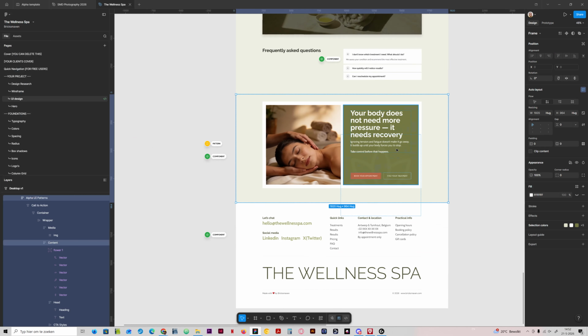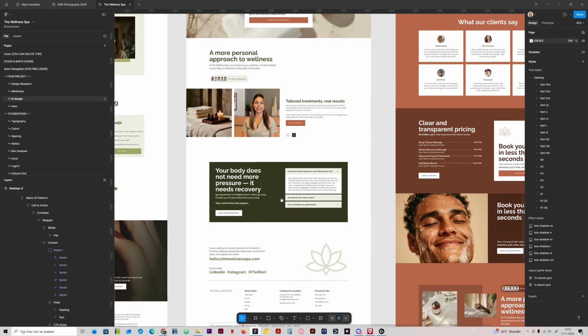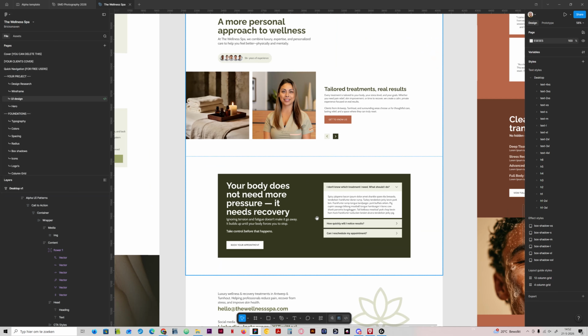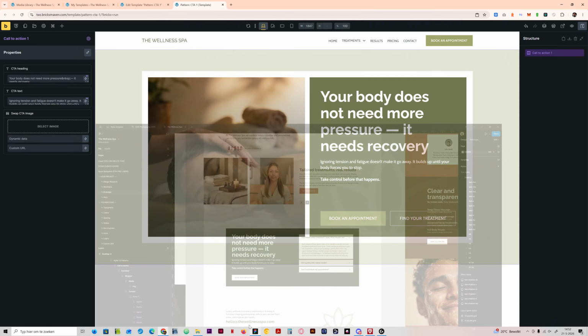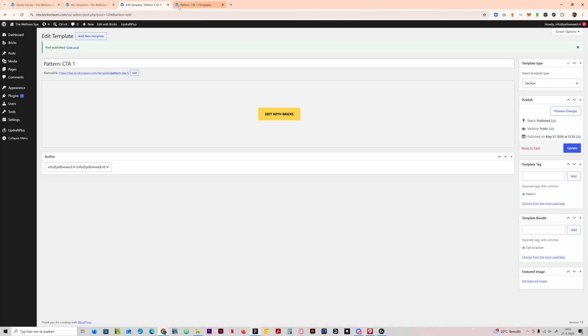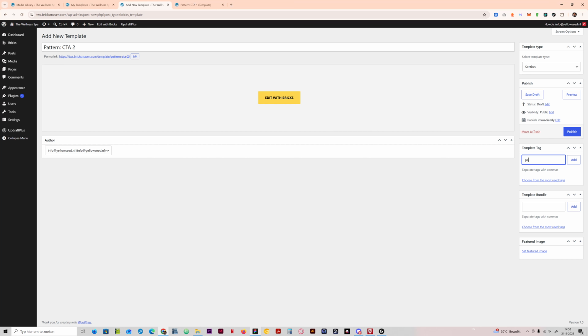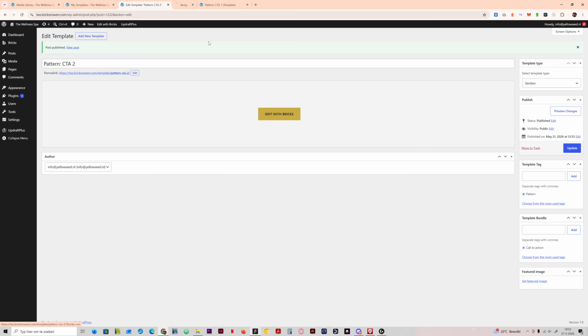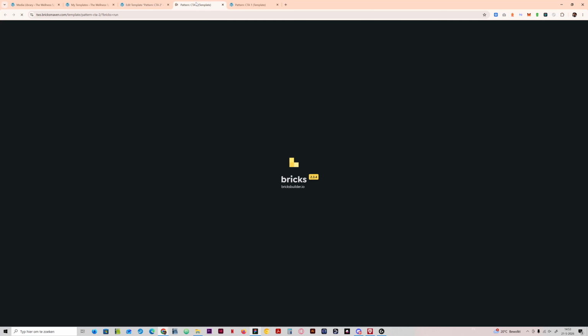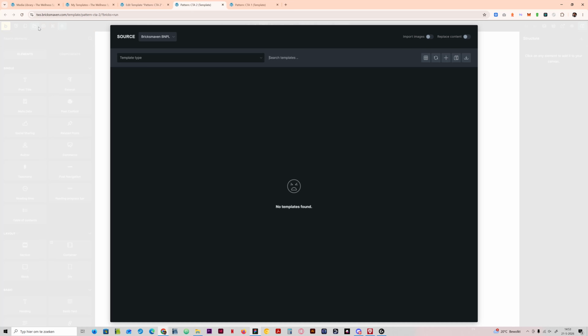And I'm going to move on to the last one because that will be the last one I'm creating. And this one will also be able to knock it out pretty quickly. So let's start immediately. That will be CTA 2. We're going to work on that one right now. So add a section. This is a pattern. I said pattern. And this is a call to action. Add, publish, open up. We'll go immediately to our remote template, search for call to action and drag in the